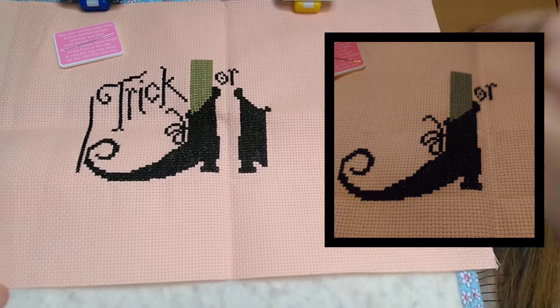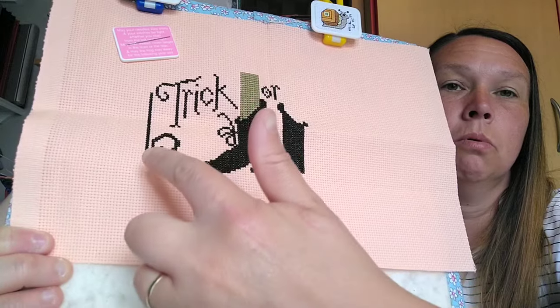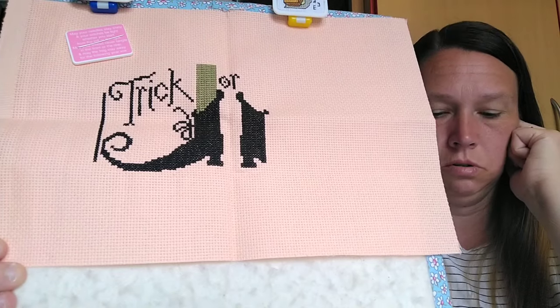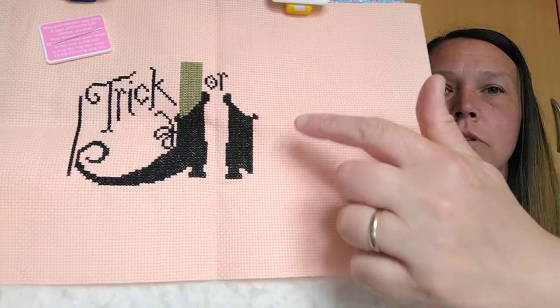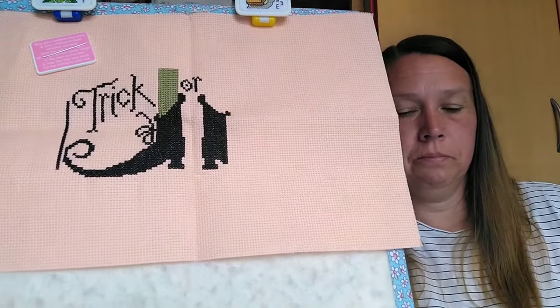So this time I have done the top part of the border, and I came over here and I've done this of the second boot. So that is where I am up to on that one. So again, it's got obviously treats this side, the rest of the boot, and then the border goes all the way round. So just put a bit more into that, something different again. And I have one more WIP to show you, which is my